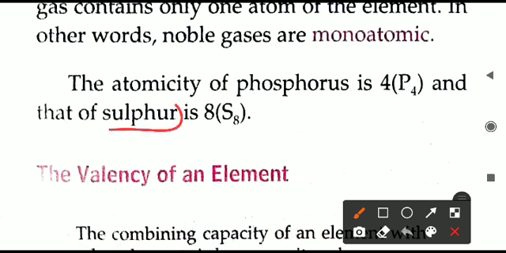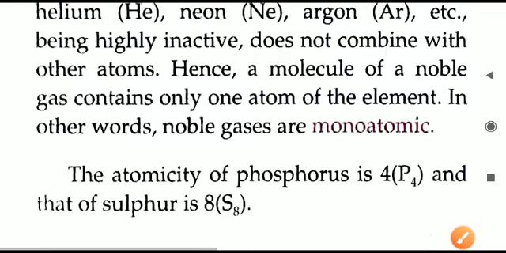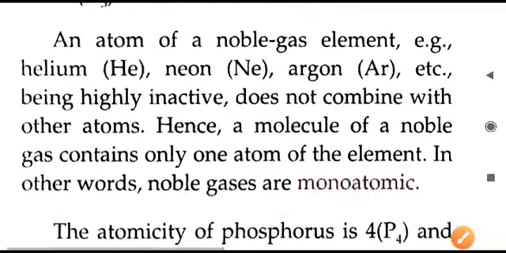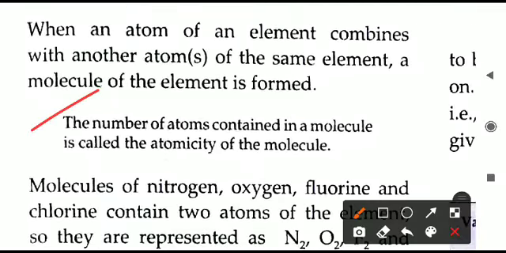And the last one now, sulfur. One molecule of sulfur is S8 and it has 8 atoms of sulfur. Because 8 atoms are there, atomicity is 8 and it is called an octaatomic molecule. So this is how we can classify the different atomicities, and based on these atomicities only, we get the number of atoms present in a molecule.